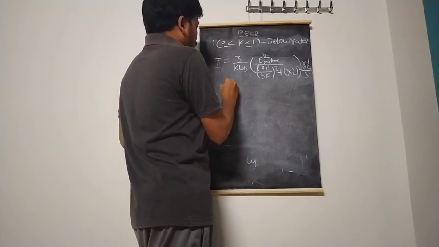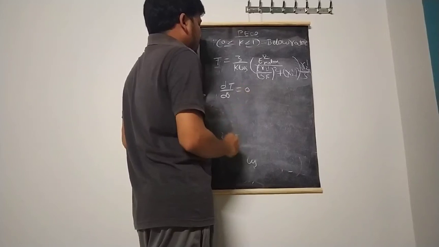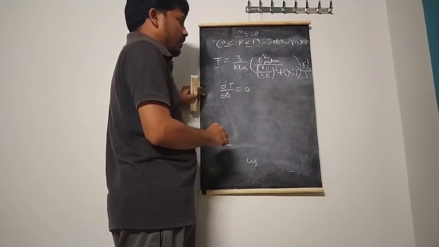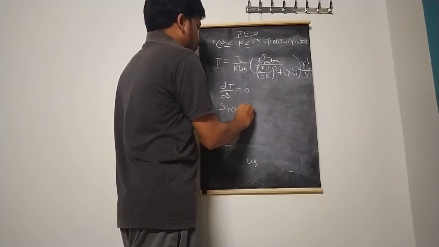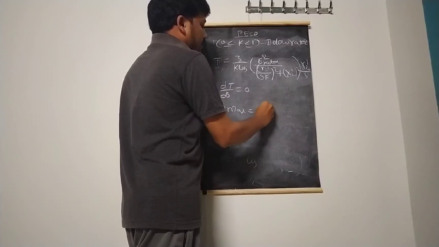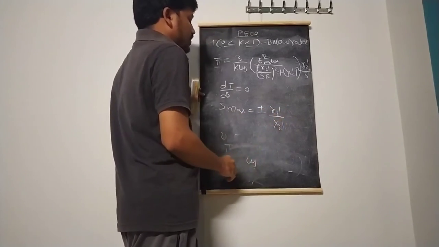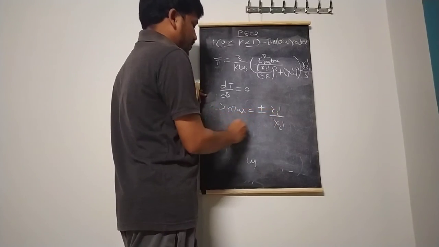And also here, if you want to derive the maximum torque equation, then make the derivative of this torque with respect to slip equal to 0. No need to derive this equation, directly put on these equations. S maximum is equal to plus or minus R2 dash by x2 dash. This is the slip at which maximum torque occurs, equal to plus or minus R2 dash by x2 dash.